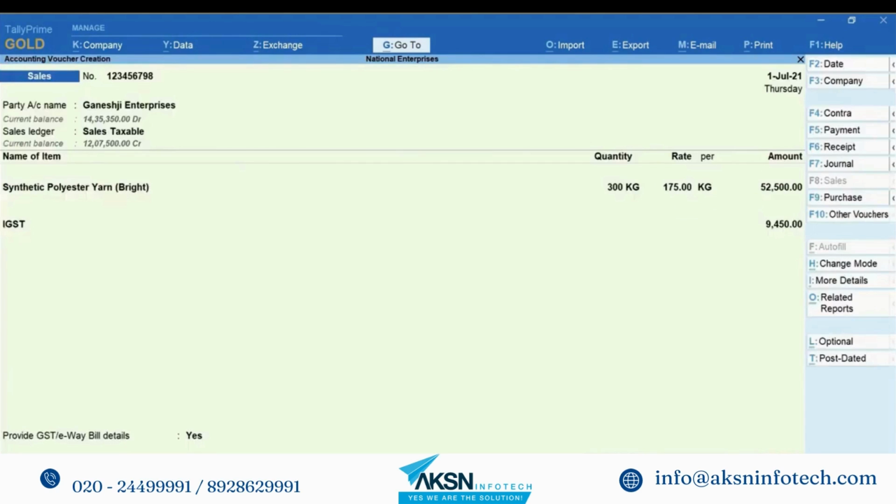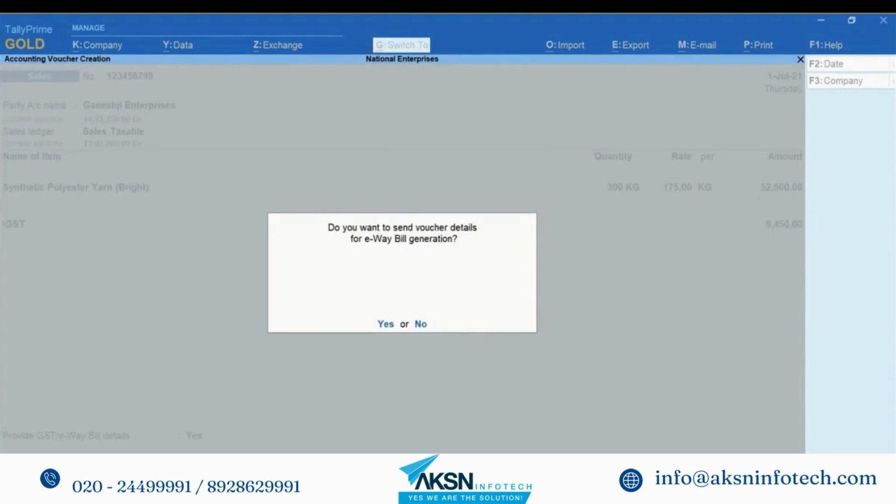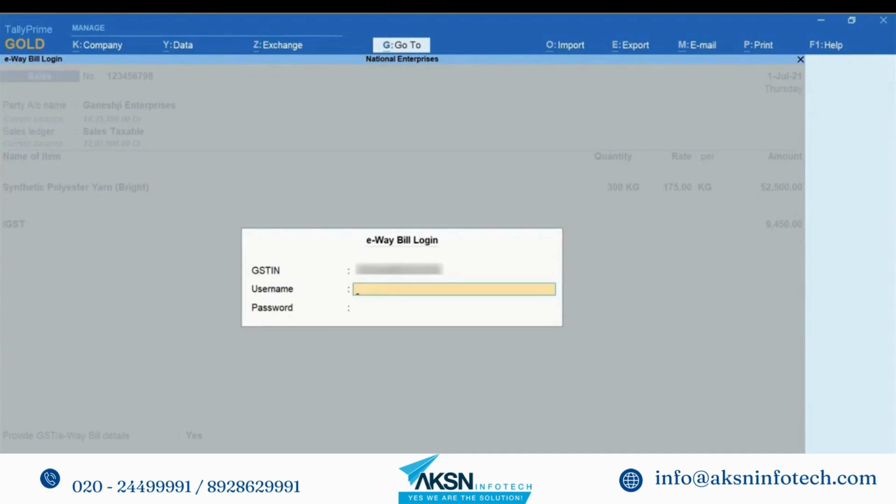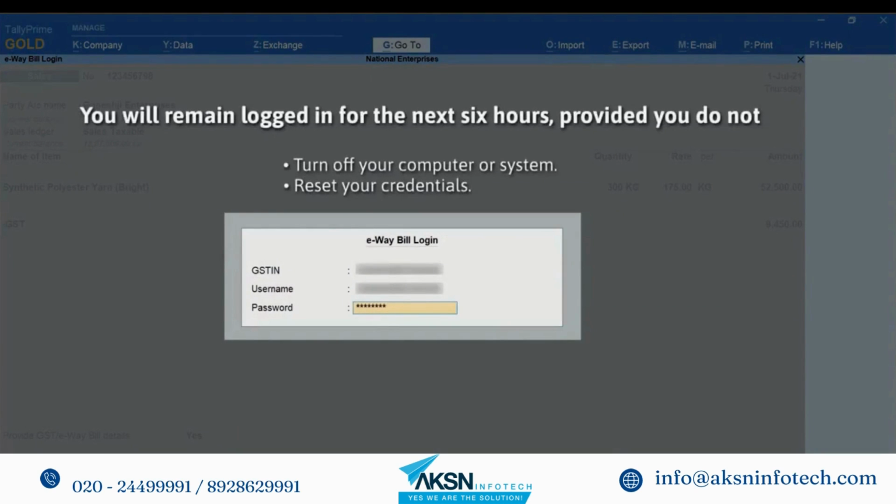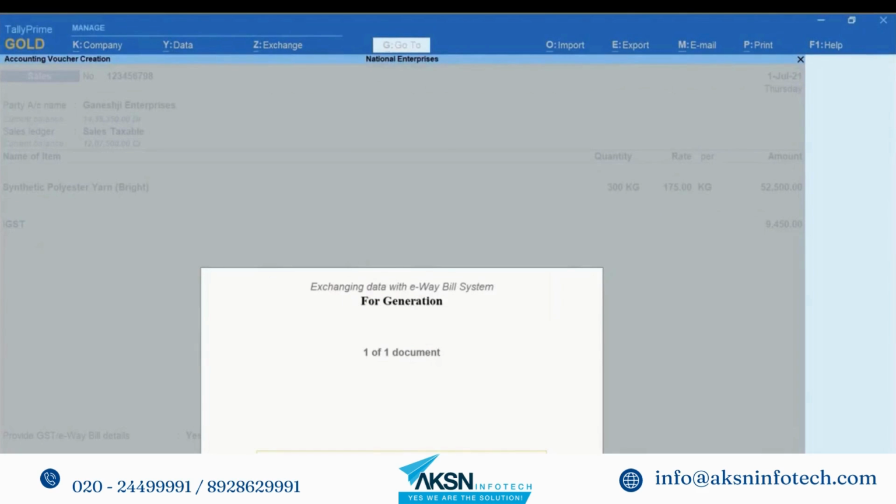अगर चाहें तो आप नरेशन एंटर कर सकते हैं। सेव करने के लिए कंट्रोल ए दबाएं और आपको ई-वे बिल बनाने के लिए एक कंफर्मेशन स्क्रीन दिखेगी। एक्सेप्ट करने के लिए Y दबाएं। जैसा कि आप देख रहे हैं, ई-वे बिल लॉगिन स्क्रीन खुलती है। अपना यूजर नेम और पासवर्ड एंटर करें। यदि आप सिस्टम बंद या क्रेडेंशियल्स रीसेट नहीं करते तो अगले 6 घंटे तक आप लॉग्ड इन रहेंगे। एंटर दबाएं। जैसा कि आप देख रहे हैं, टैली प्राइम